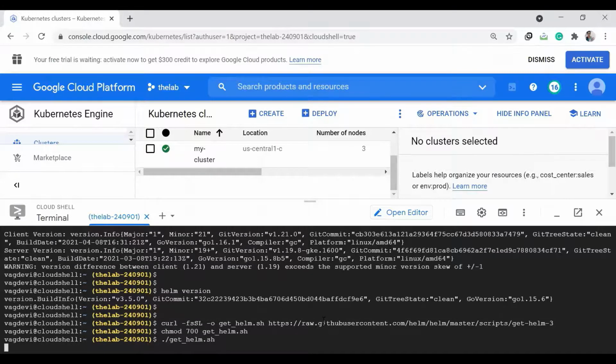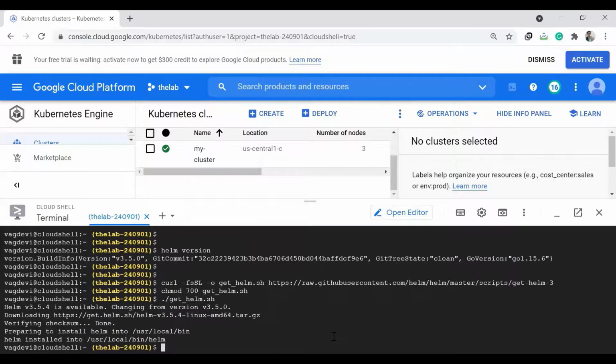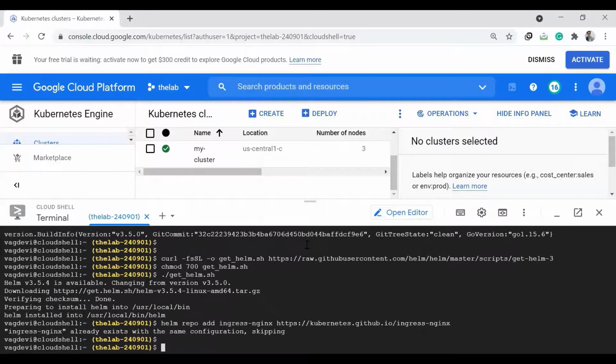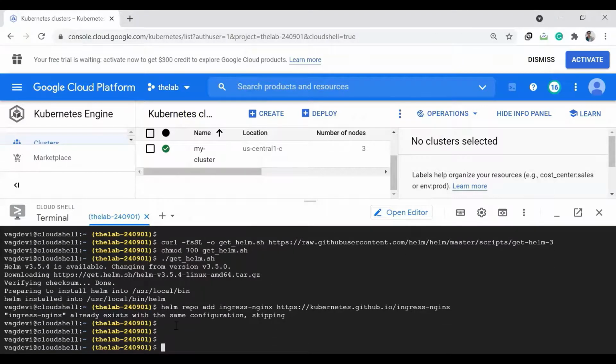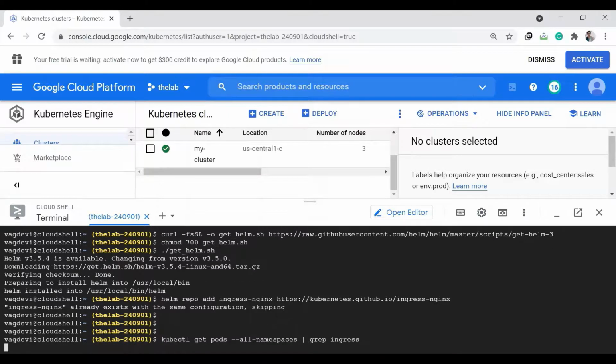So, okay, and then we shall add the Ingress repo. So it says already exists. So first let us check if there is any Ingress controller running for our project. So there is nothing, right?